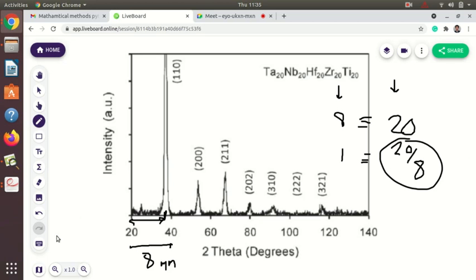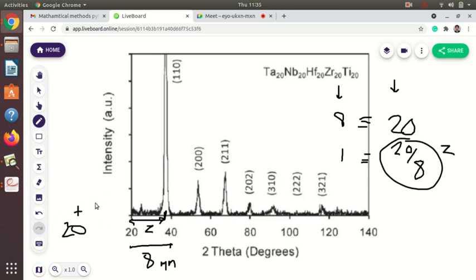whatever answer you will get, you have to add plus 20. Suppose I have measured some distance, let's say L, or let's say Z. So this distance is Z. I will find out this change in angle, that is 20Z upon 8. Whatever value you are getting is in degrees, but this is starting from 20 degrees, so you have to add another 20 degrees.